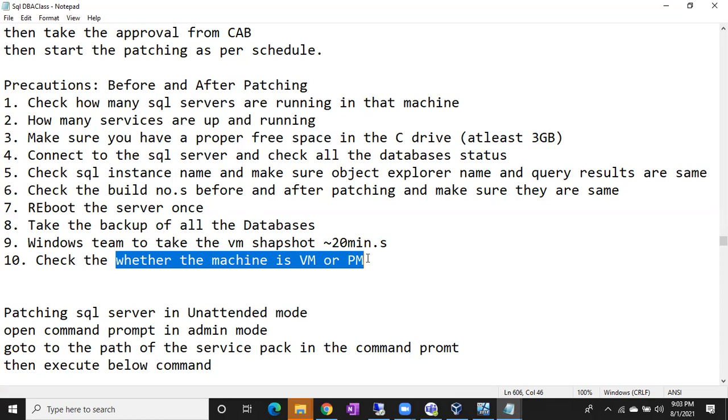But a physical machine, until it has completely rebooted, no one can control that machine from anywhere across the globe. It has to be up and running, and only then can anyone do an RDP to that machine. But the problem here is the server is not coming online. 1 hour over, 2 hours over. It's a physical machine. No Windows team can help.